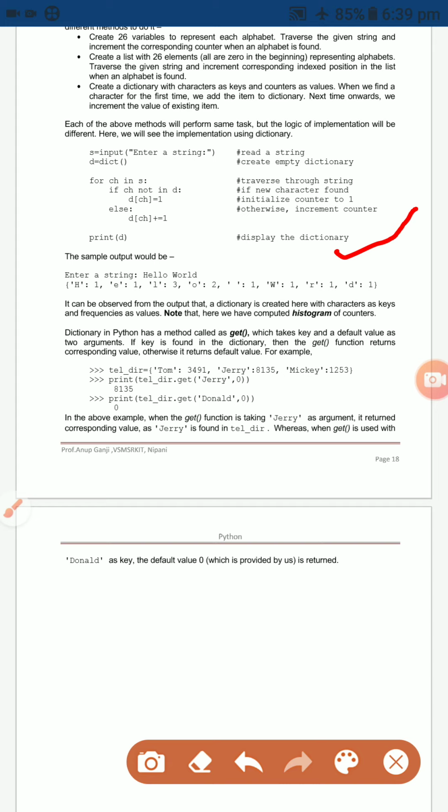Here the next one is the empty dictionary: d equal to dict of brackets, or otherwise you can take d equal to curly brackets.